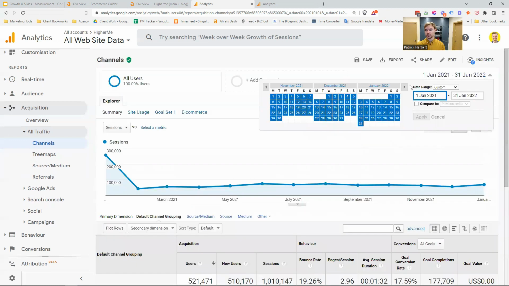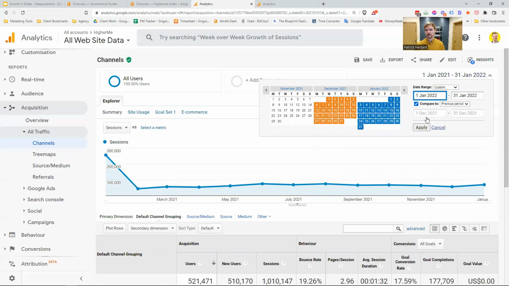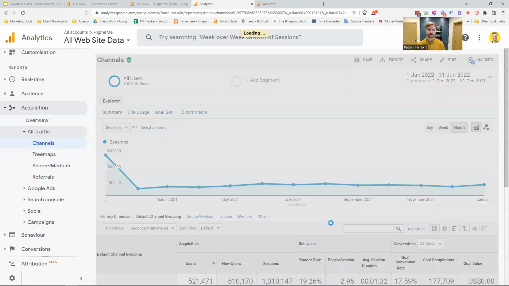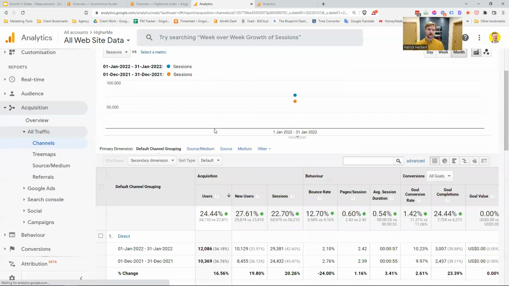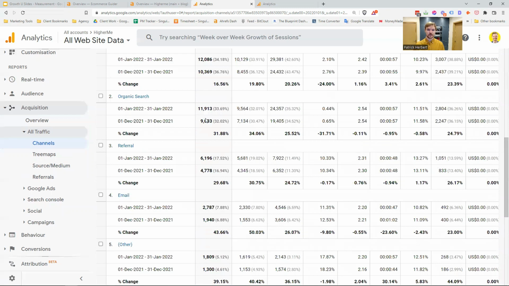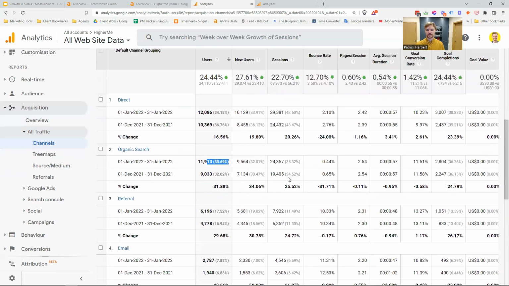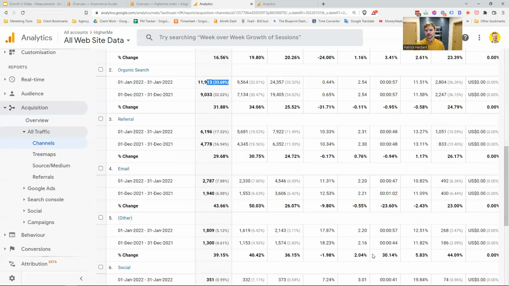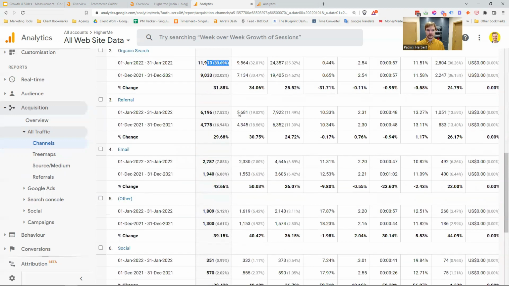So the next thing you can do really is say, okay, I recommend looking at month on month, right? So we're looking at obviously a longer time frame. So go up in this right corner here and you can say, okay, how did we do in all of January compared to previous period, which shows me all of December, right? If I go down here and I go organic search, big jumps here, 31% jump in traffic between December and January. We can see that if we scroll across here, I've zoomed in very fast so that it's easier to